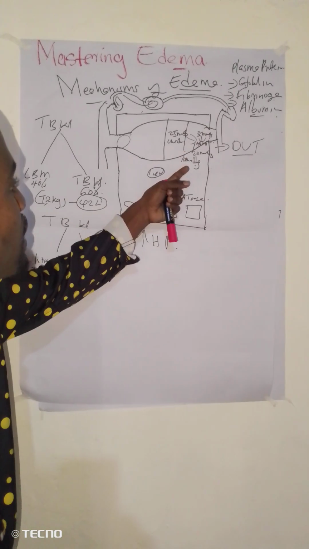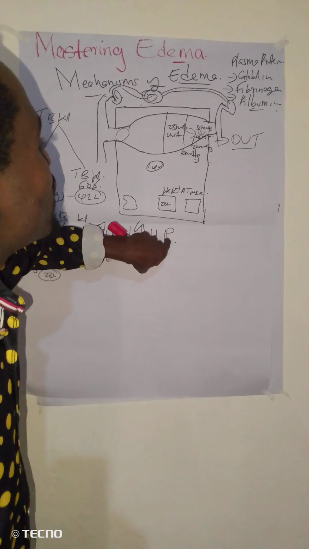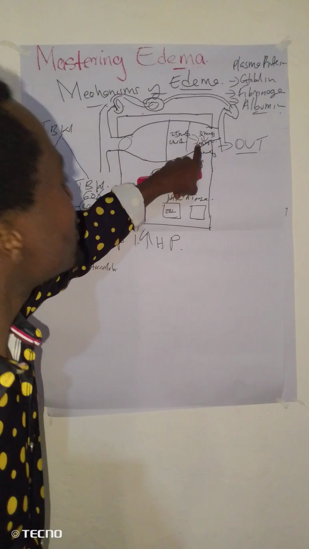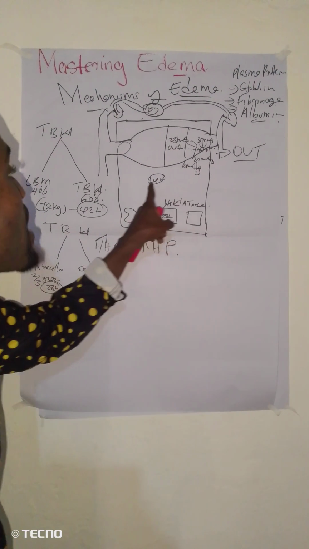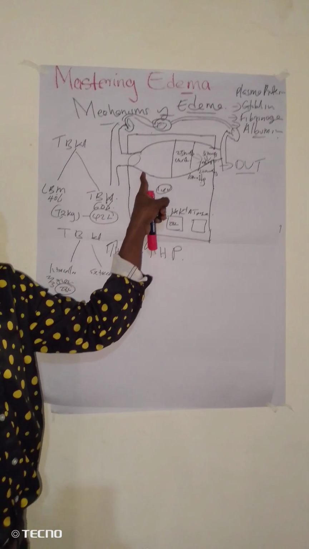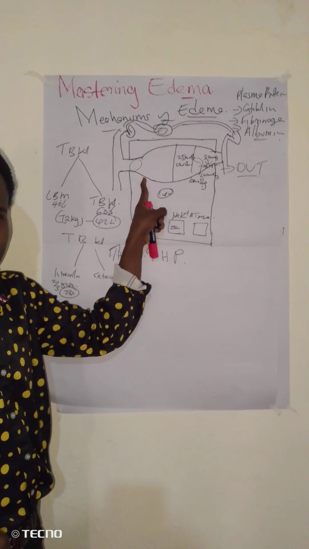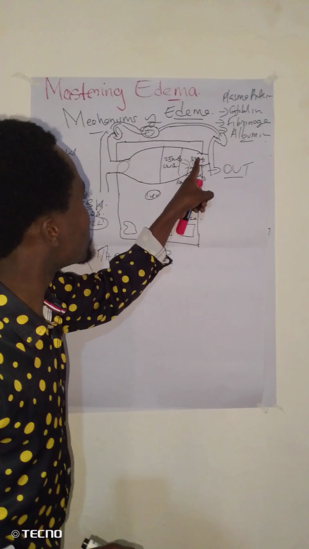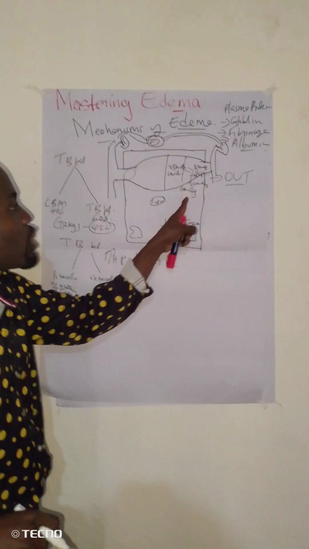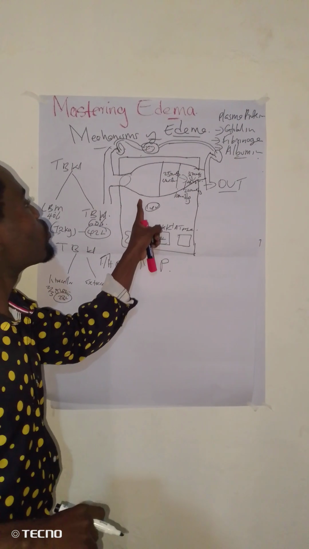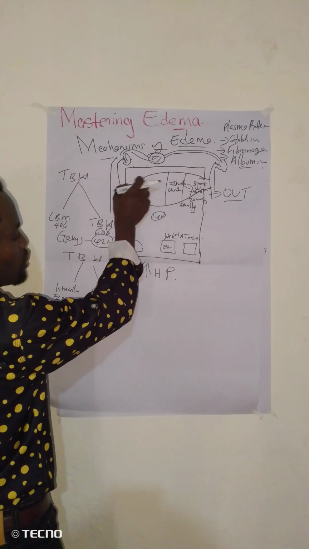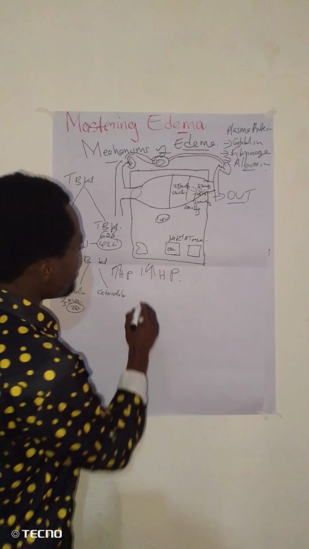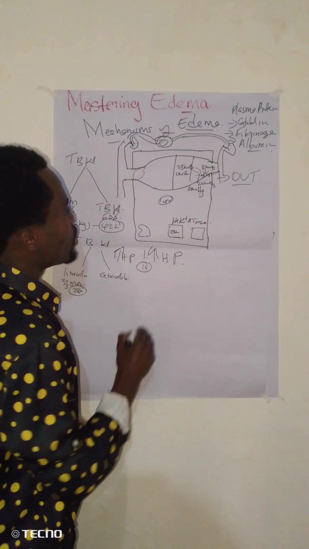So we say that increased hydrostatic pressure occurs when there is increased net filtration pressure and a reduced reabsorption rate. When the net filtration pressure is increased, there is an excess amount of fluid pushed into the interstitium, but the reabsorption rate is also reduced due to obstruction. That one is hydrostatic pressure. That's mechanism number one. Number two, we talk of